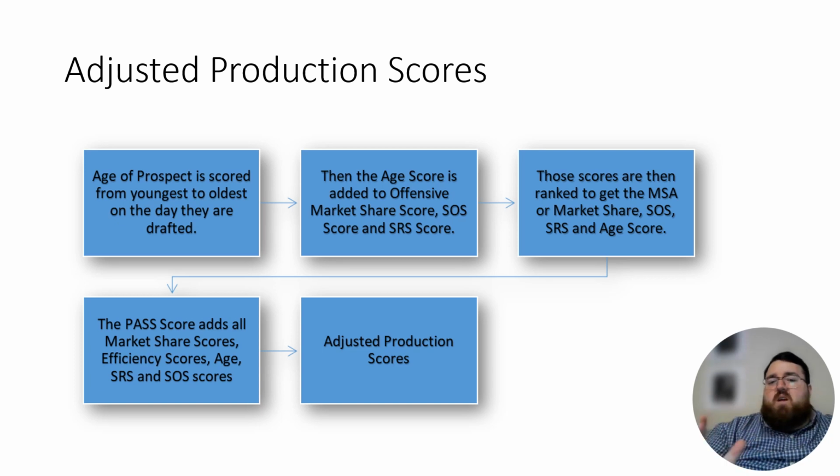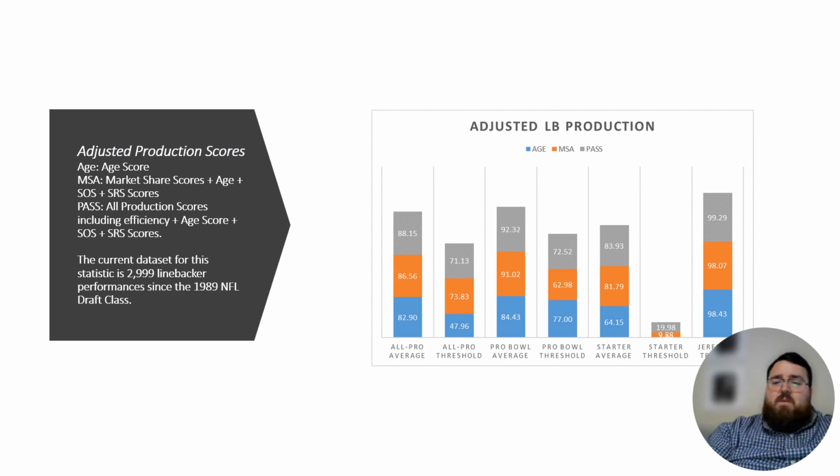Those are extra production points that are just kind of there, a little bit extra. You don't need a linebacker to get interceptions, but it would be great if they did. You wouldn't need a linebacker to get a whole lot of forced fumbles, but it would be great if they did. You wouldn't really need a linebacker to get a ton of pass deflections, but it would be better if he did. So those are kind of what you're looking at in terms of adjusted production. And in terms of his adjusted production,